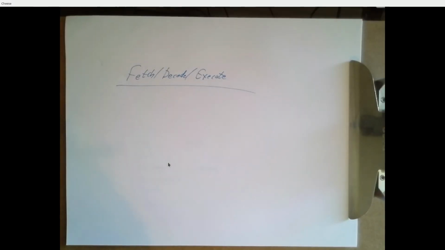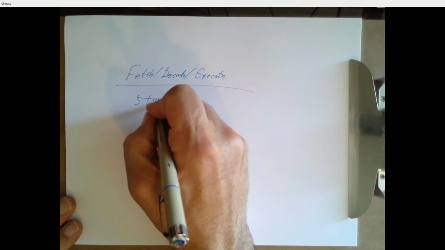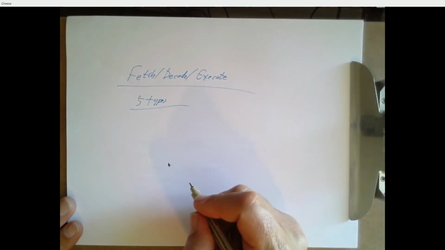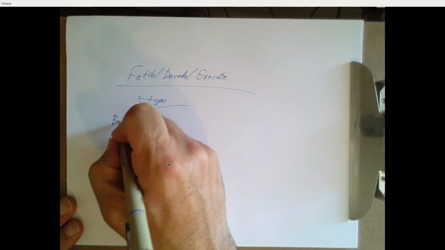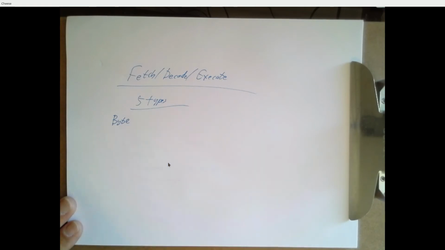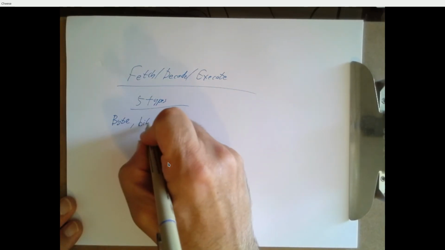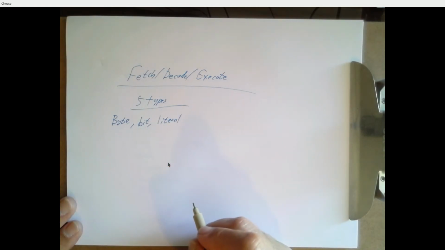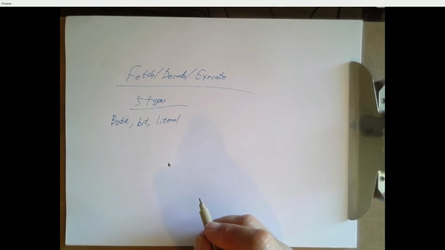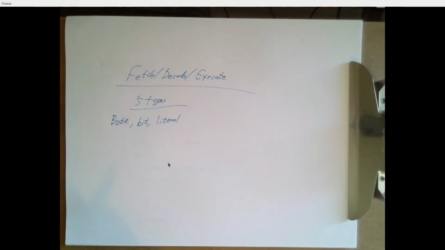Okay, well, there are 5 types of instructions, and they come in 3 categories. The first category is what we call byte-oriented instructions. The second category is bit-oriented instructions. The third is literal instructions. That's the first 3 classes of instructions. An example of a byte-oriented instruction would be read the piece of data stored at this location in the data memory, add 1 to it,